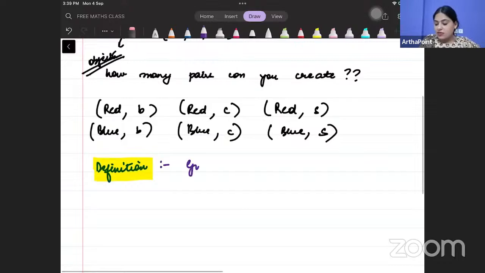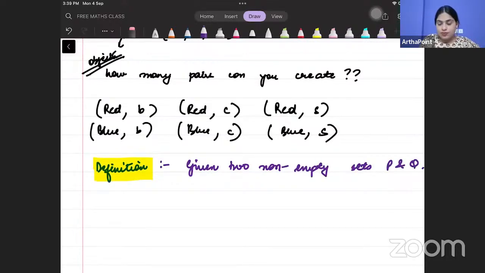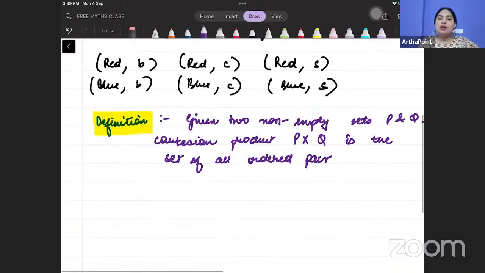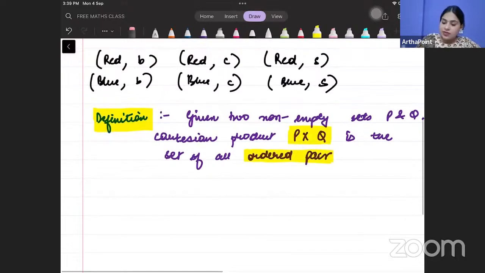I can say that given 2 non-empty sets P and Q, the Cartesian product P cross Q is the set of all, बेटा बहुत इंपॉर्टेंट वर्ड है ये, ordered pairs. ऑर्डर्ड पेयर का क्या मतलब है? That if I am doing P cross Q, then I will first write the element of P and then the element of Q. तो ऑर्डर सही होना चाहिए, it should be an ordered pair, right? So ordered pair of elements